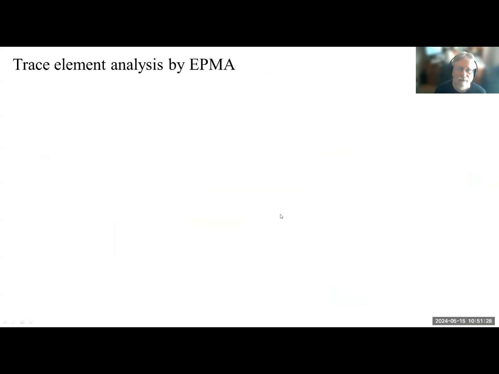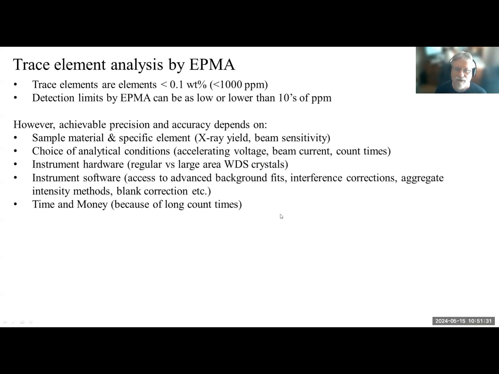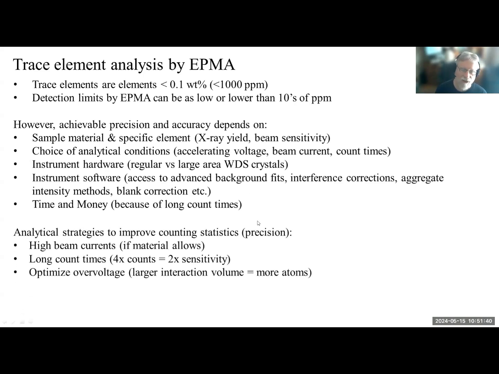So this is just a quick summary of what trace element analysis by EPMA involves. And obviously it depends on everything, of course. There are some basic strategies to improve statistics: high beam currents, if your material allows it, and longer count times, of course. You quadruple the counts and you get 2 times the sensitivity because it scales as the square root. And you can also optimize overvoltage, so larger interaction volumes equals more atoms if you don't need the spatial